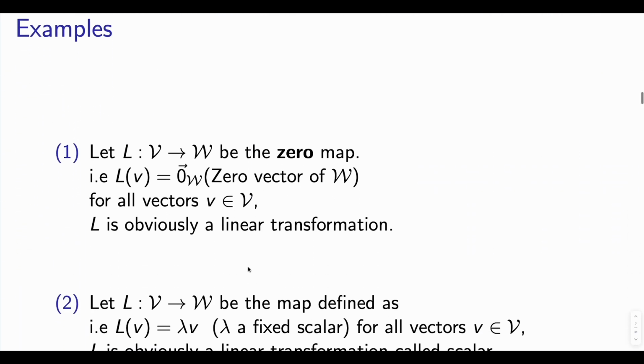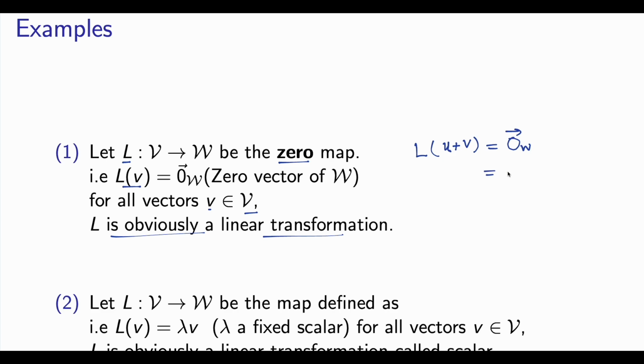Let us see some examples. L is a linear transformation from V to W. The zero map, L of v equal to 0 of W for all v in V, is obviously a linear transformation. You can check L of u plus v, because of the property that this goes to 0 of W,